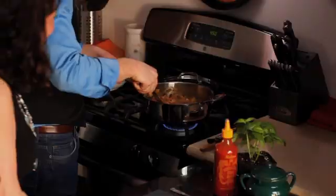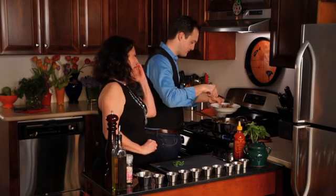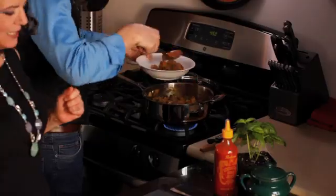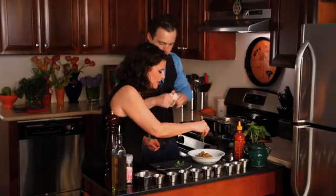Get a little of the sauce, because that's where the flavor lies. That's where the heat lies. Oh boy. Okay, and sprinkle a little bit of the basil. Now you could eat this with rice, but